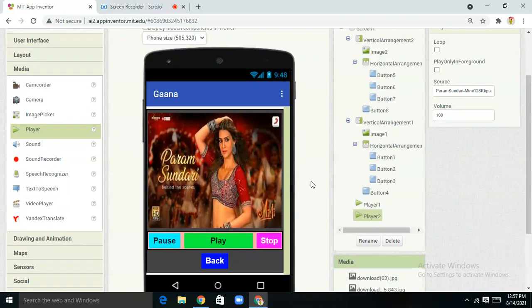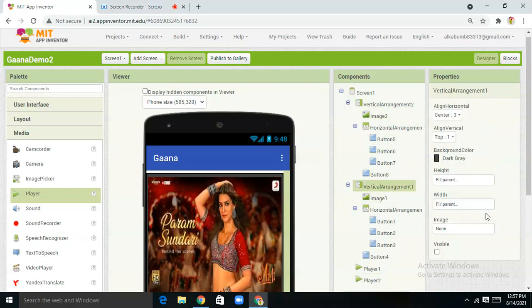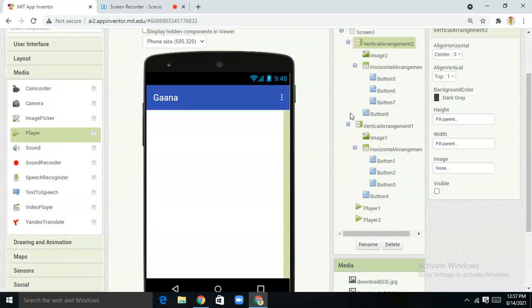And also one more thing I have to tell: this app is going to work offline also, meaning बिना data के भी ये app में आप songs को play कर सकते हैं without downloading them. Okay, so that's a very good thing about our app. And yeah, make sure to do one more thing. Now let's do the coding part.